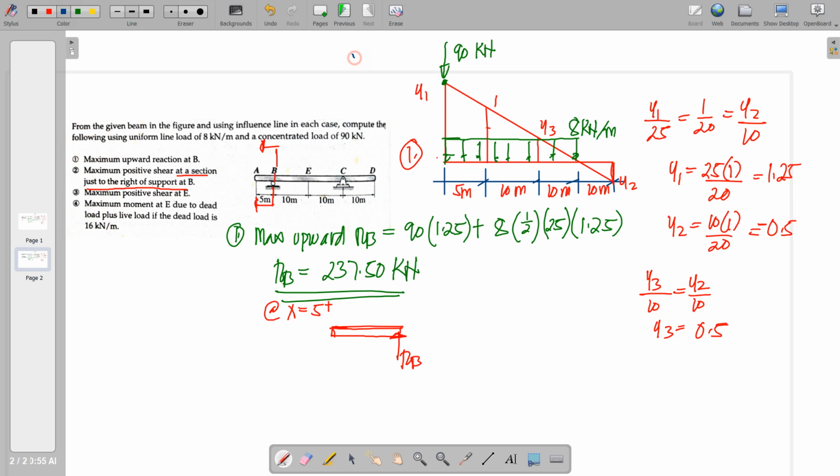We have already established the ILD for RB. So we can utilize that RB in establishing the shear, because the shear equation will be just equal to